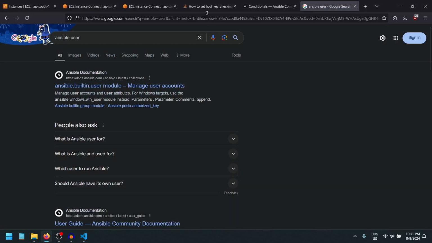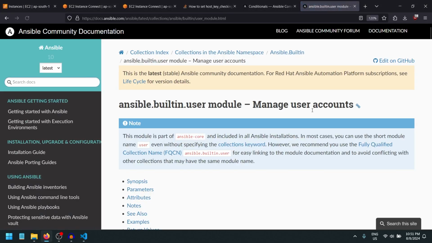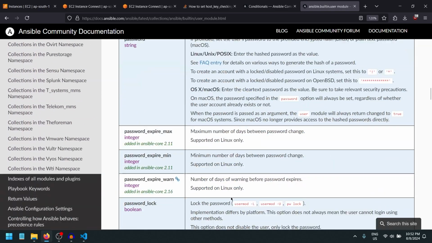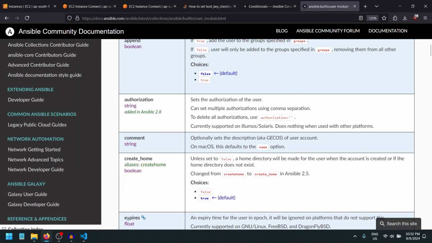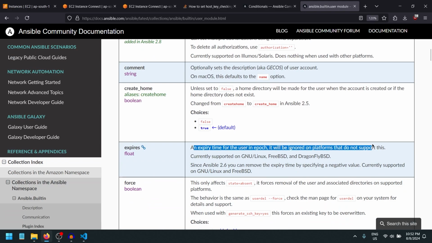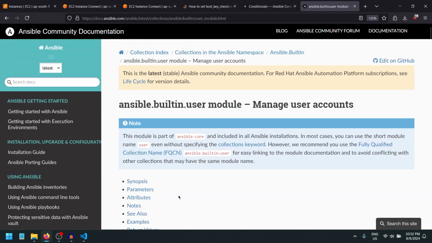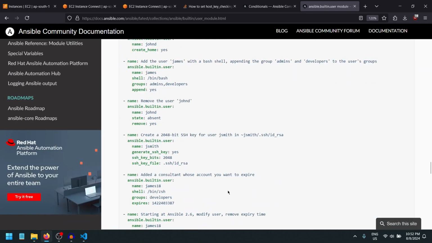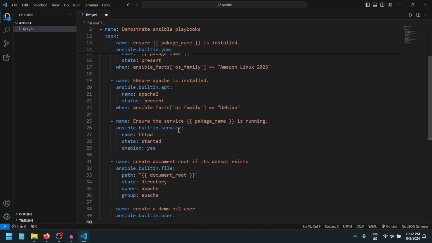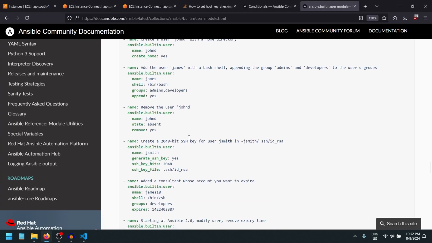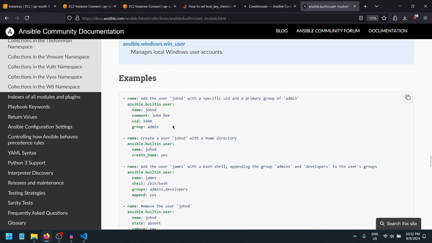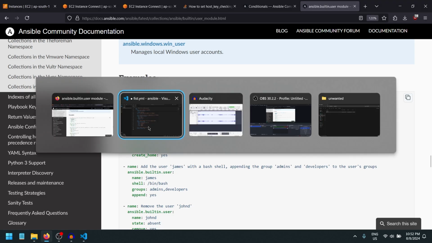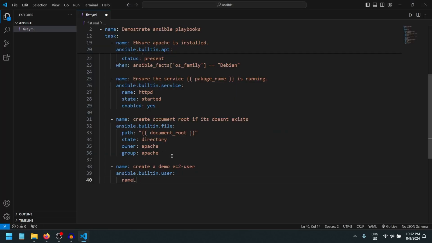For the user module, I need to provide the name, the state of the user, and the home for that user. If you need an additional argument, such as providing an expiry for that user, you can utilize these additional parameters in that particular play. We have created a separate place for each and every task. So let's see what we need to do now. We can just use the Ansible built-in user, the name, and the